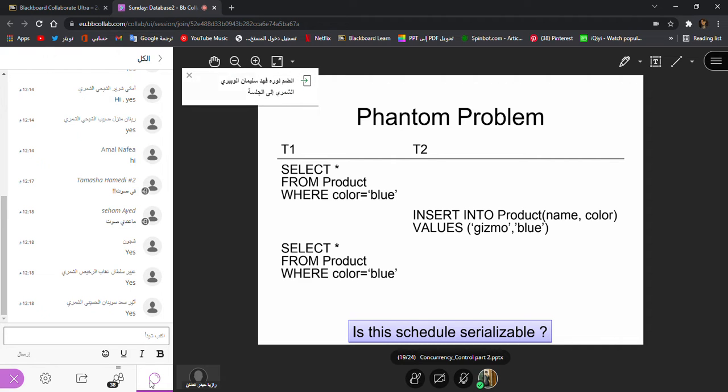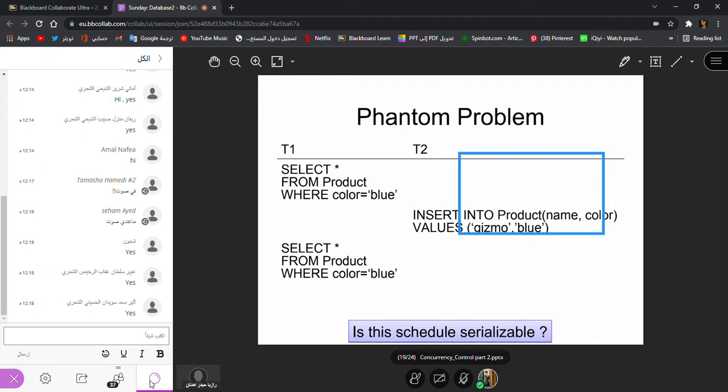So for example, this is my table, and I have 3 columns here, or 4 columns. This is my columns, and this is my rows.